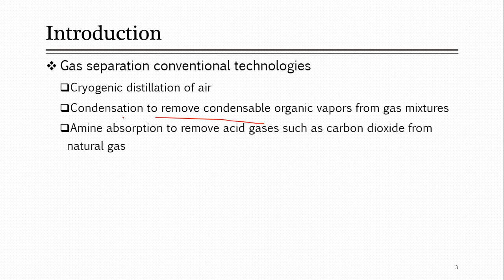So this is the other technique which is a conventional technique. And then the most commonly used technique still on industrial scale is amine absorption. This is used to remove various acidic gases from natural gas, like carbon dioxide, moisture and hydrogen sulfide, so they are removed with the help of this absorption technique. And when we discussed absorption, we talked about this: you have to bring some absorbent and then there is regeneration of the absorbent, so it is a common technique, absorption and stripping, for removal of these acidic gases from natural gas.